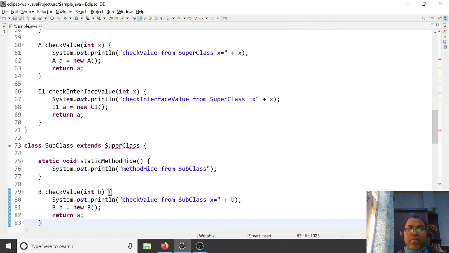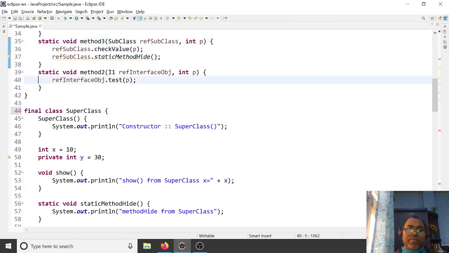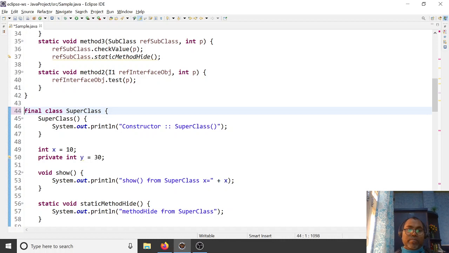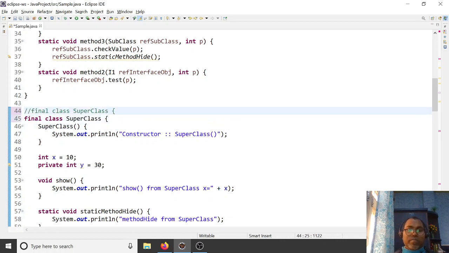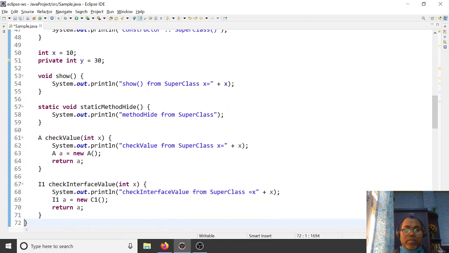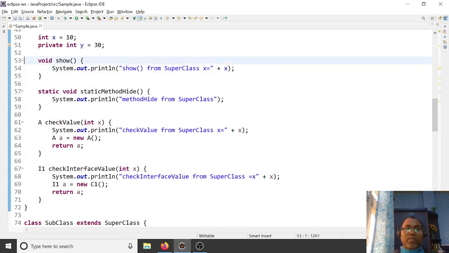So here you can write final. And similarly, if you want this method not to be overridden, you can write final here.